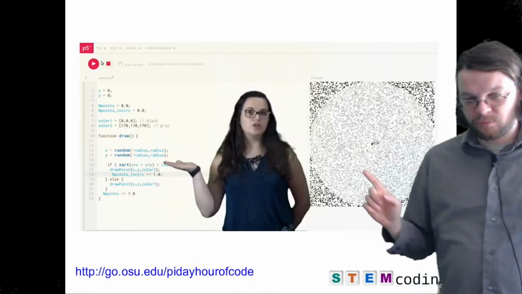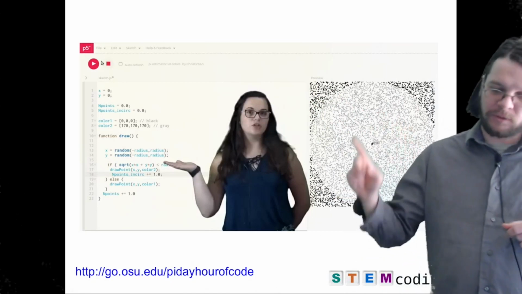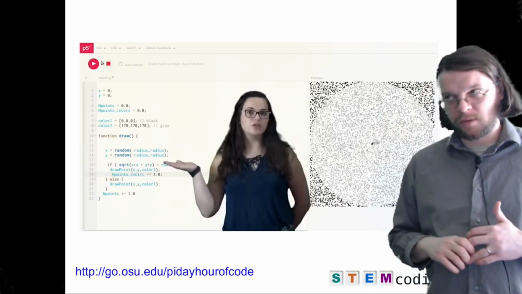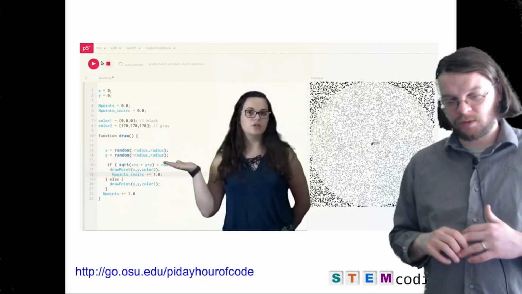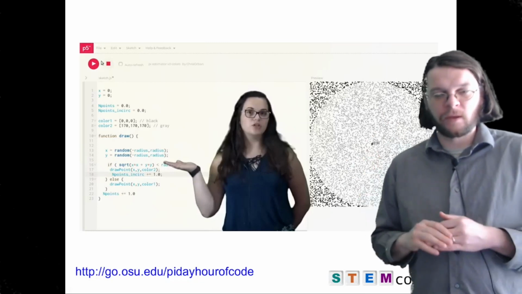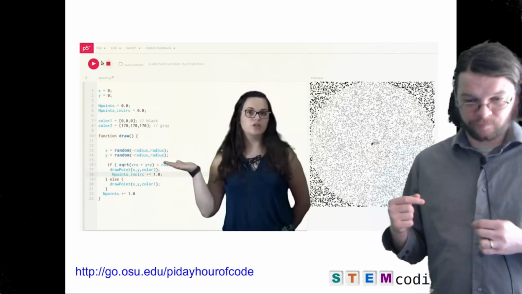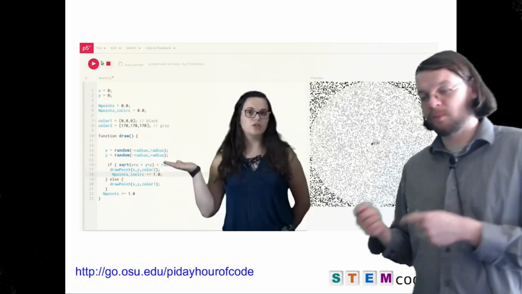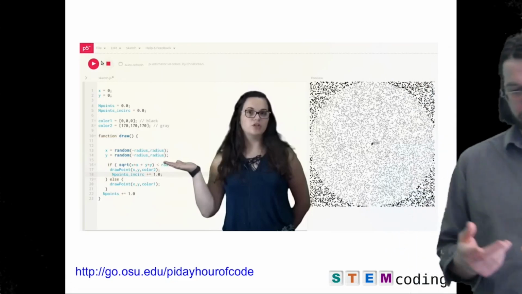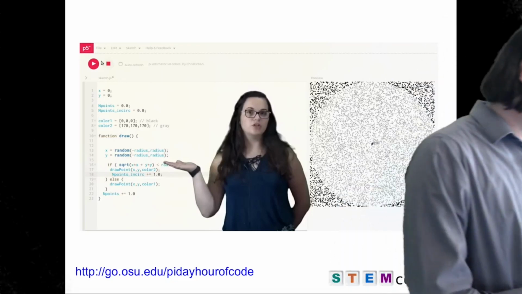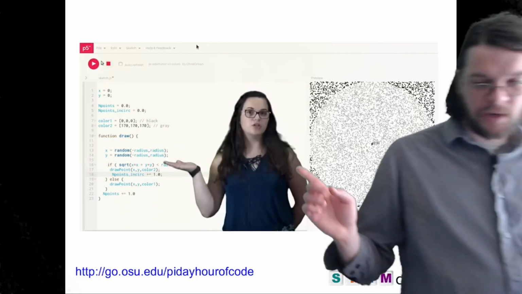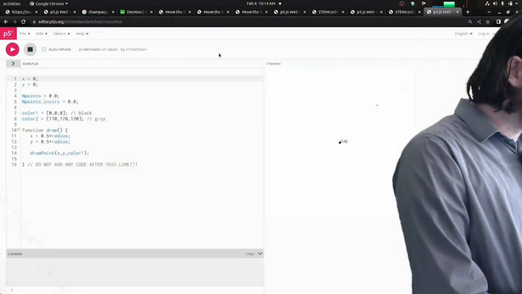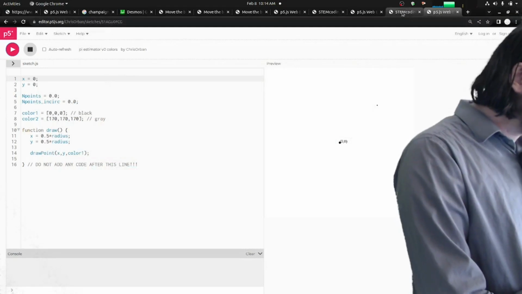But some of them are within the circle, and the ratio of the points within the circle to the square turns out to be pi over 4, right? Because the circle is inscribed in the square. And so if you can calculate that ratio, which is supposed to be pi over 4, you can just multiply it by 4 to get pi. That's ultimately what we're going to do. So some good geometry concepts. This would be good for a geometry class. So that's what we're going to do.